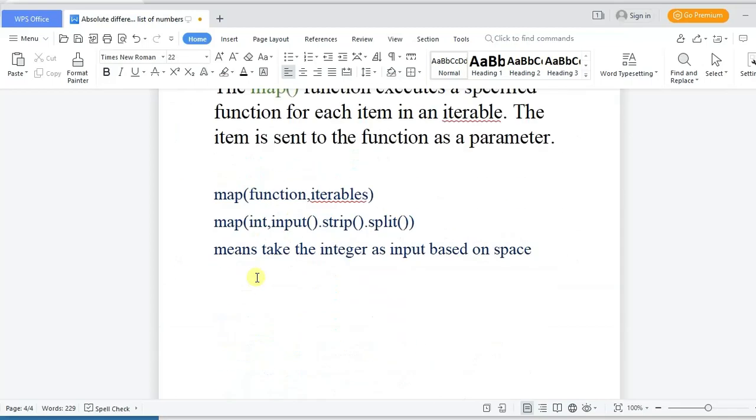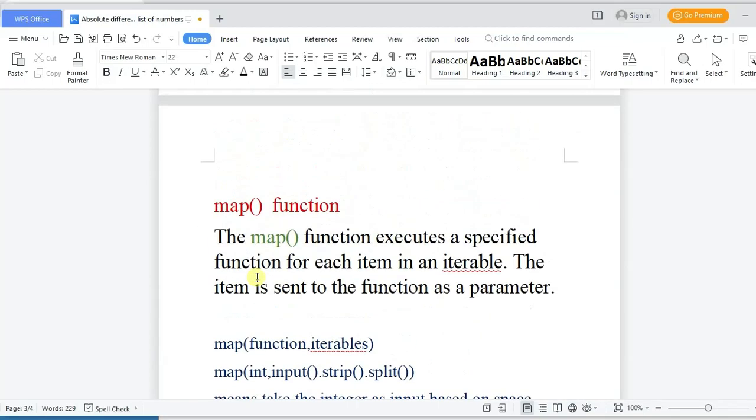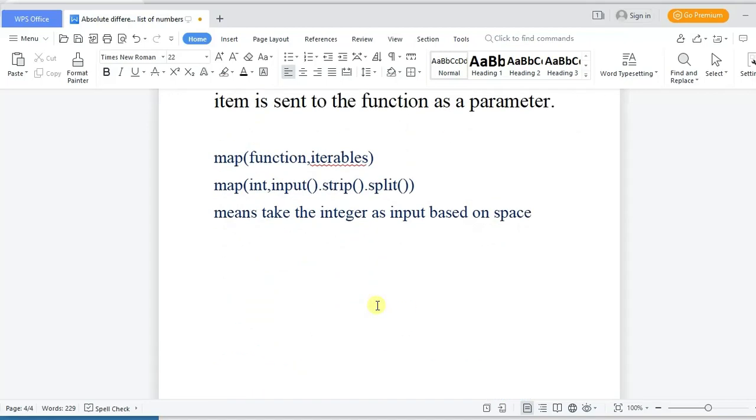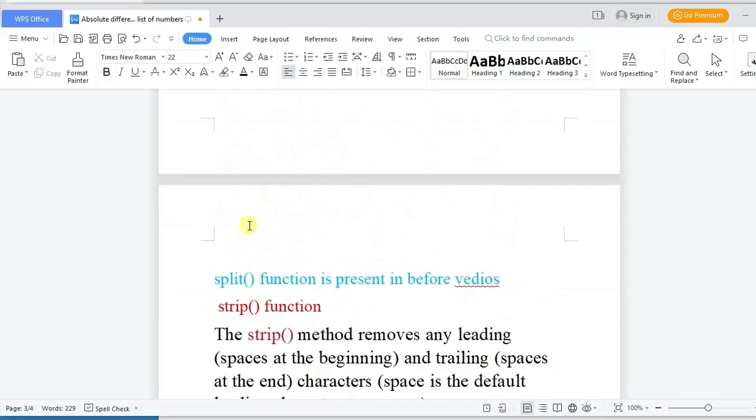Let's go to the map function. The map function executes the specified function for each item in an iterable. The item is sent to the function as a parameter. Here the map function takes iterables. That means if we use map int comma input dot strip dot split, it will execute until it becomes n. So it will keep taking integer input until the function gets over. Okay, I hope